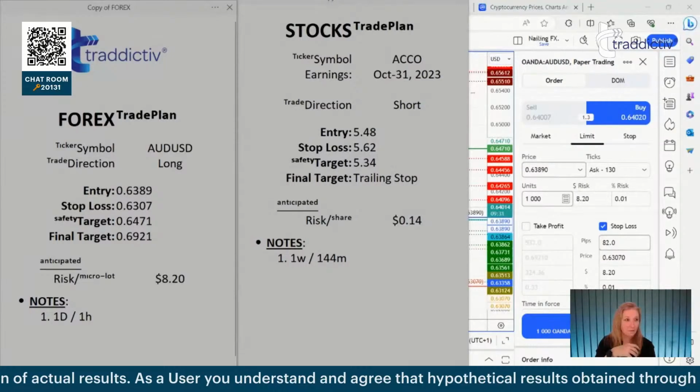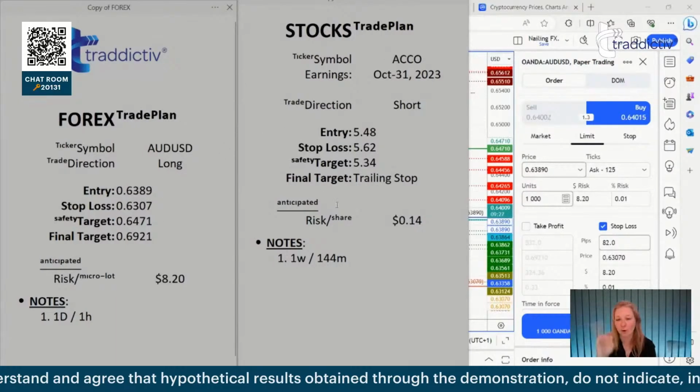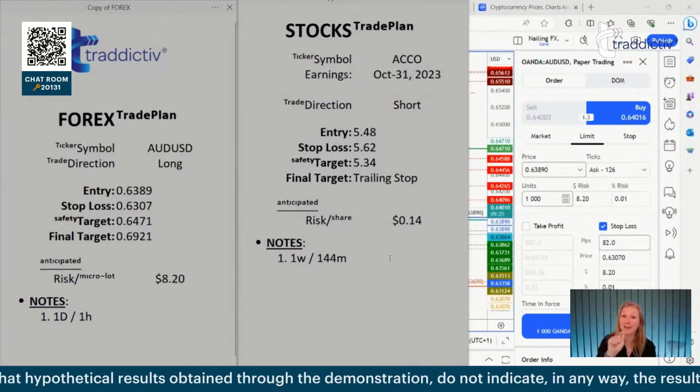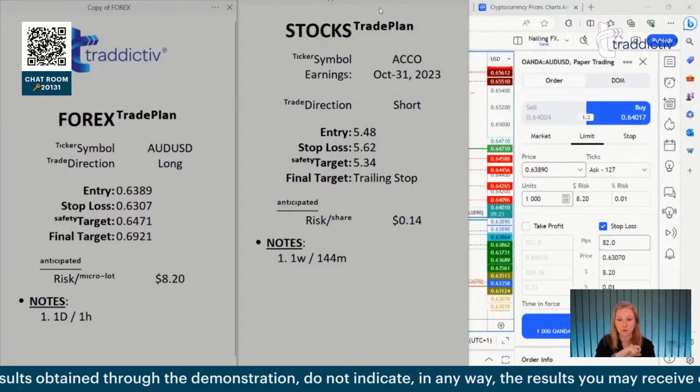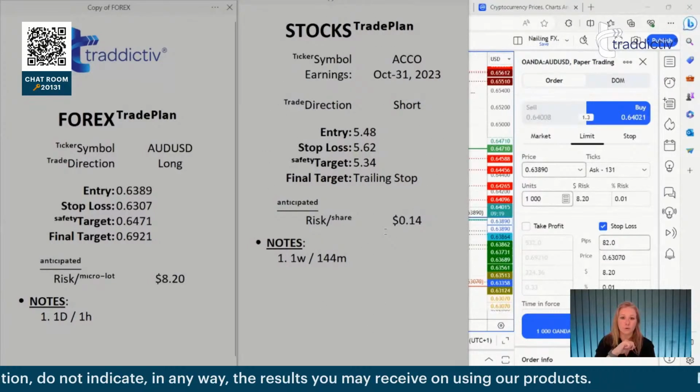Okay, for some reason it's frozen, so it's not bringing up the crypto one, but we put on 3 trades today. First one was BNB USD. That was a short. Then we put on a stock trade. For stocks, we used